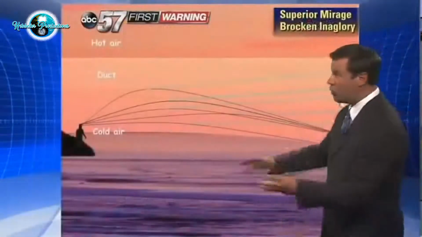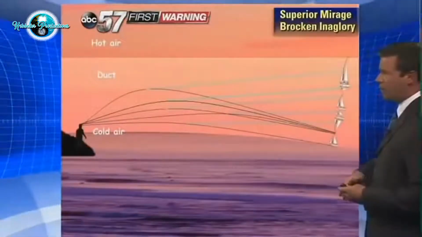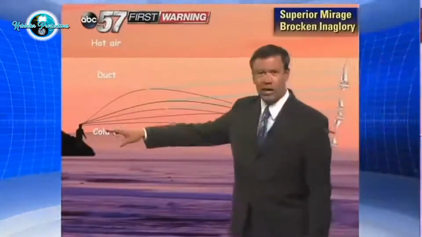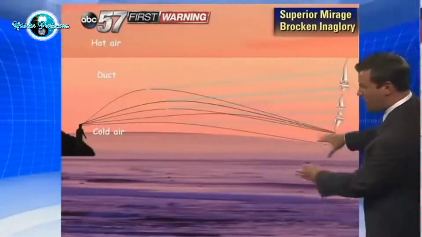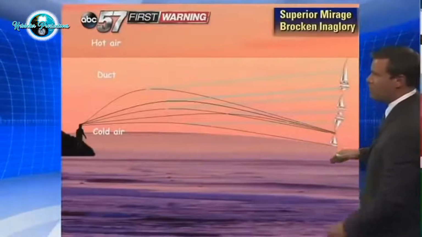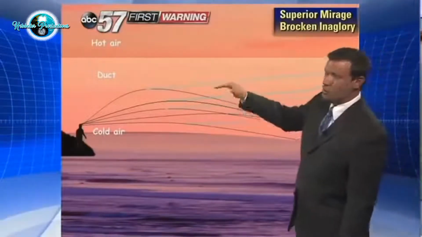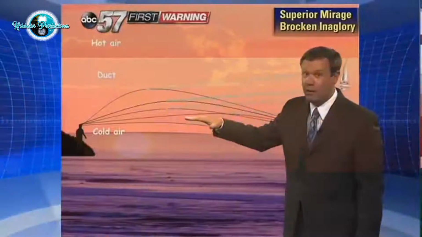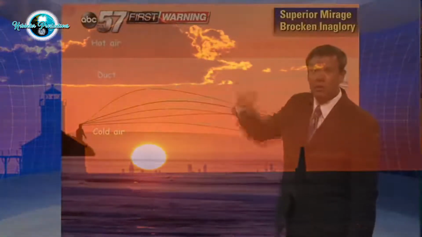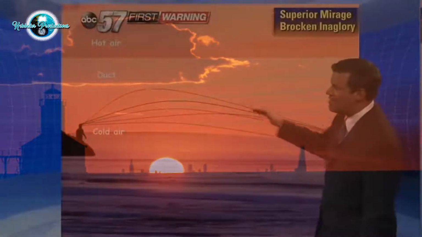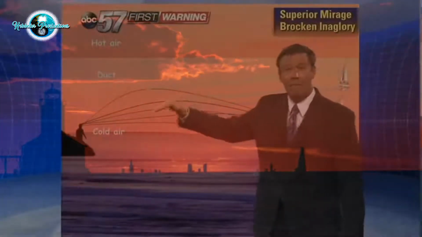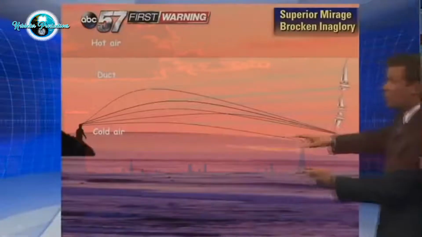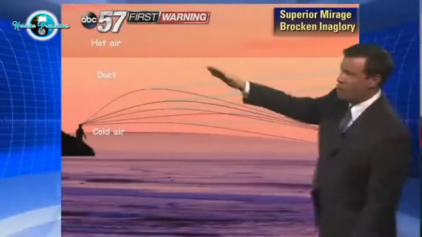Very interesting here. Here's what's happening. This is a good example of a superior mirage. So Joshua was on the Lake Michigan shore. He was looking towards the west, and Chicago's beyond the horizon. Should not be able to see it. However, with the right conditions, we have an inversion. We have cold air near the cold lake water and some relatively warmer air above it. This will bend the image of that skyline back towards the viewer. And so typically we would not be able to see this. This image would be viewable from much, much higher in the sky.